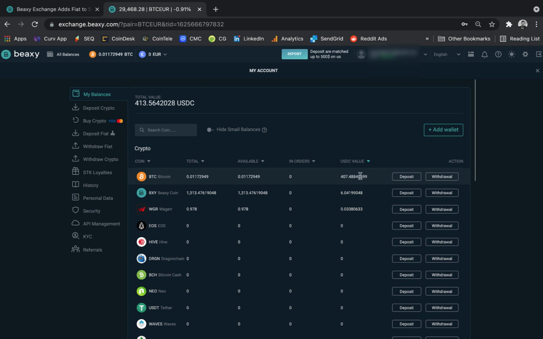Like I said, it works really well if you have automation involved and if you have low transaction costs, which means that you can take a look at Beaxy Black, for example, or some of the bots that we have